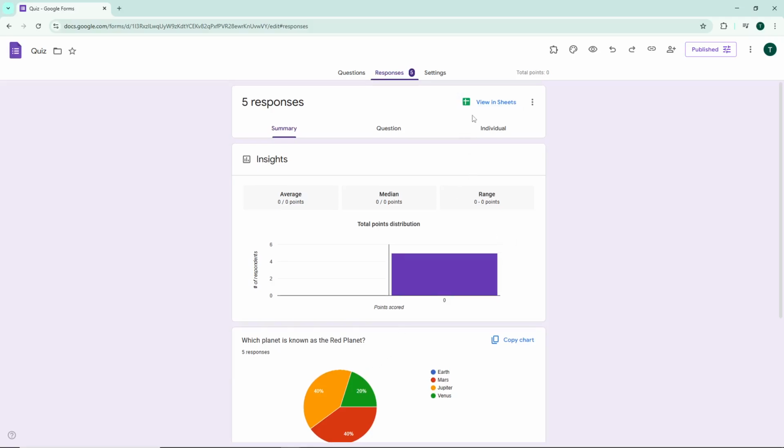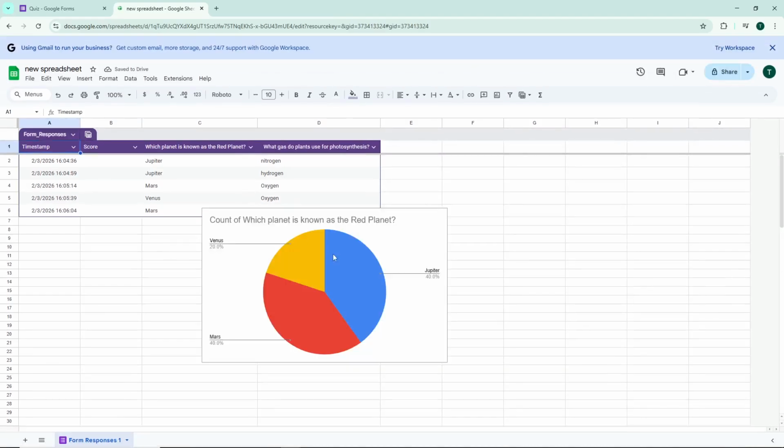Now, to get more control over how you visualize this data, click on View in Sheets. This action will open your form responses in Google Sheets, which is where you'll have full flexibility to create and customize different types of charts. The spreadsheet will open in a new tab, and you might need to wait a moment for all your data